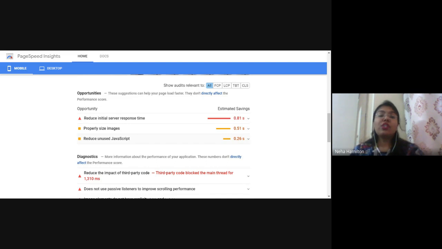Next is reduce unused JavaScript. So maybe the programming is written in Java, so they want to reduce the code which is not useful, which is unnecessary, undesirable, but still written. If we delete those undesirable or unused JavaScript, maybe the loading speed can be improved. So through this online platform, you can understand how to reduce your page loading speed, which is the first aspect